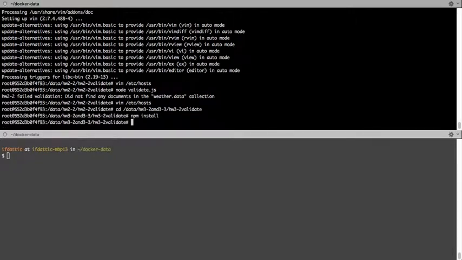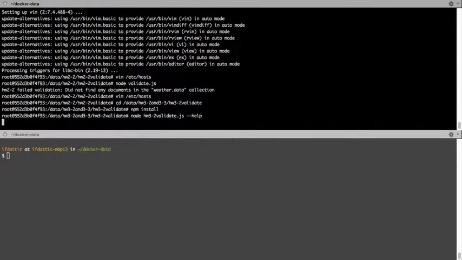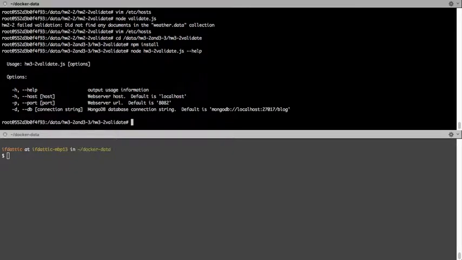To see what is allowed for configuration, run the validation script with the help option. The defaults for the web server are correct, but you need to change the connection string for the Mongo database.